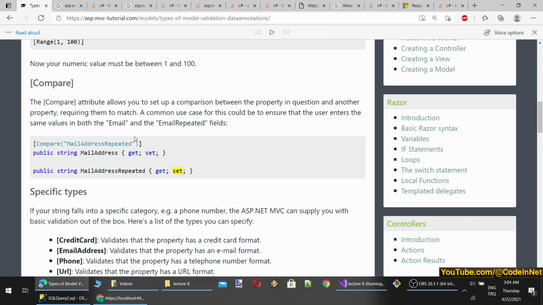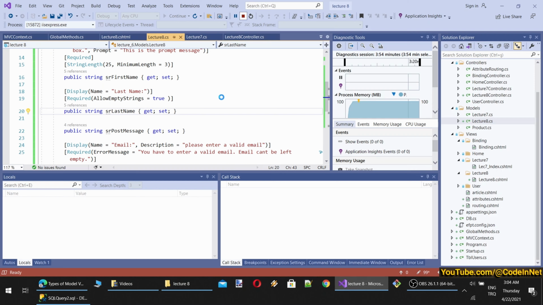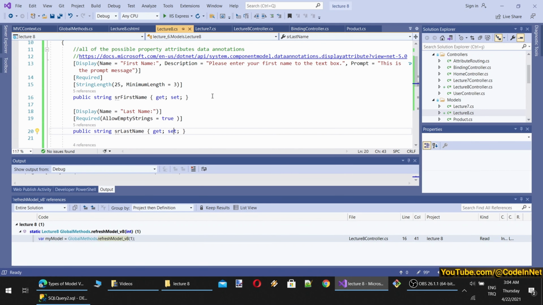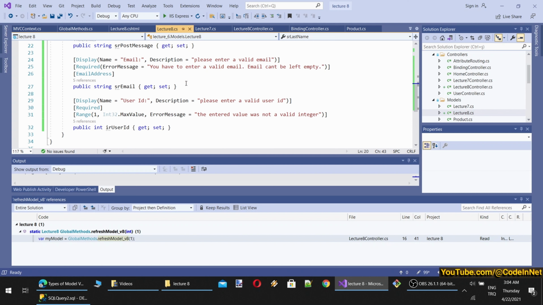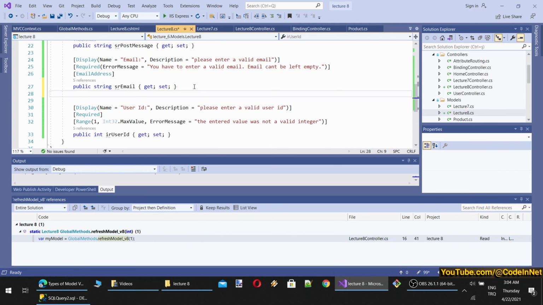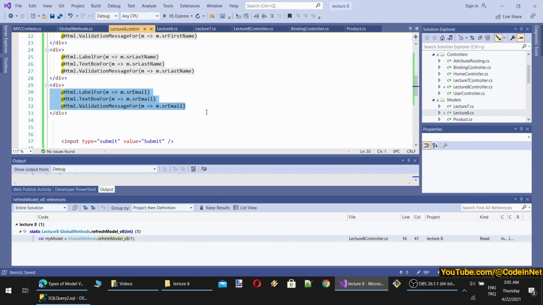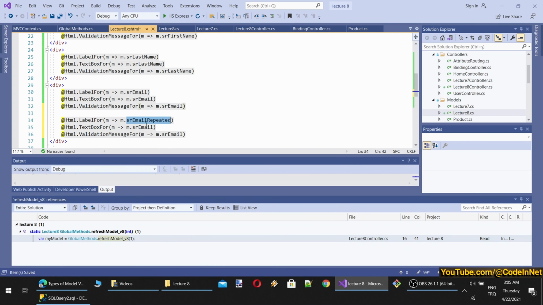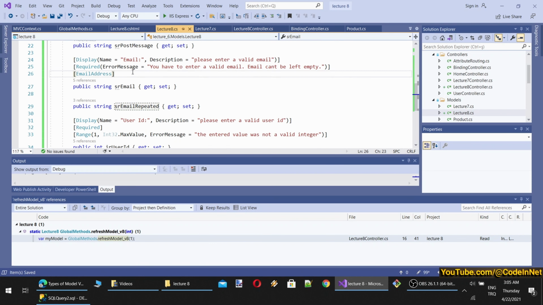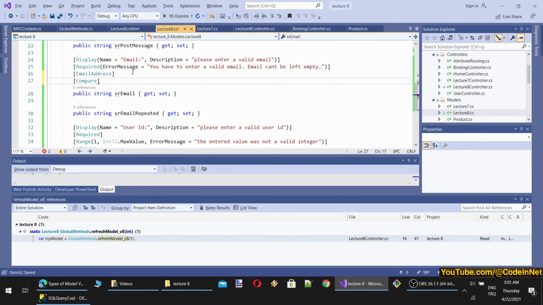For this to work, we need to add an additional property to our model, but it won't be used when saving or updating the database. Simply, it will be like EmailRepeated, like this. Then we are going to generate the additional email property as EmailRepeated, like this. And additionally, here we are going to add Compare. With Compare, it will take the other property. The other property will be EmailRepeated, but it is expecting a string. Yes. Let's try whether it will work or not.